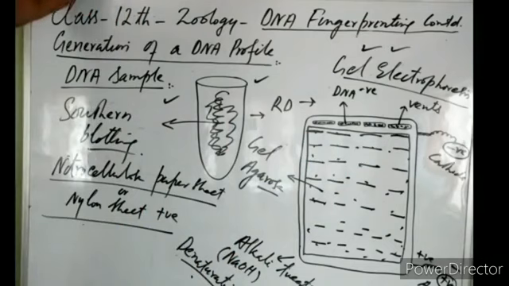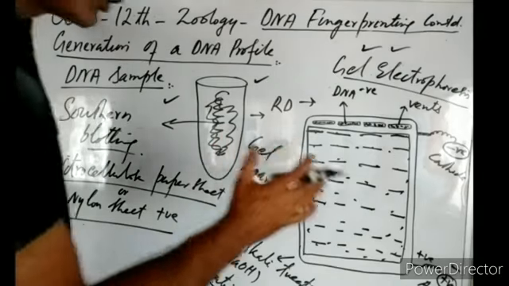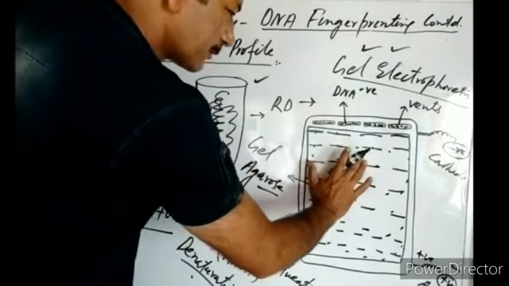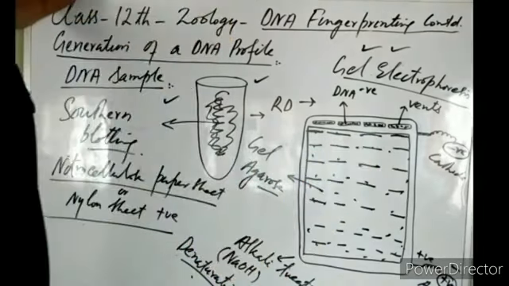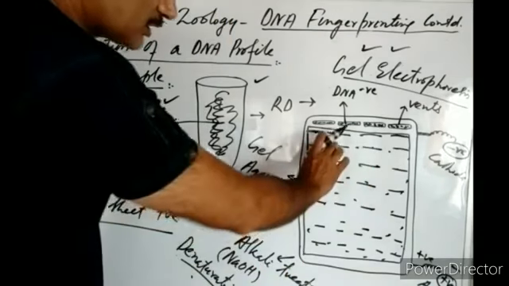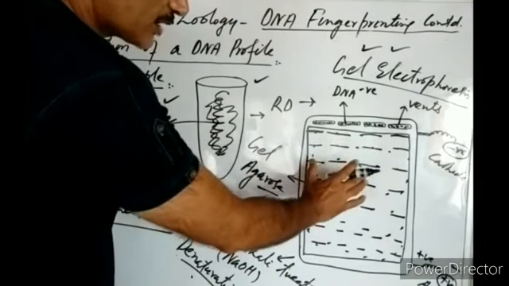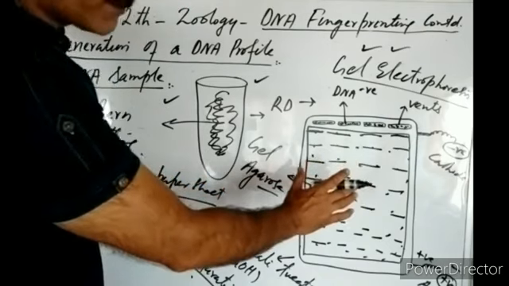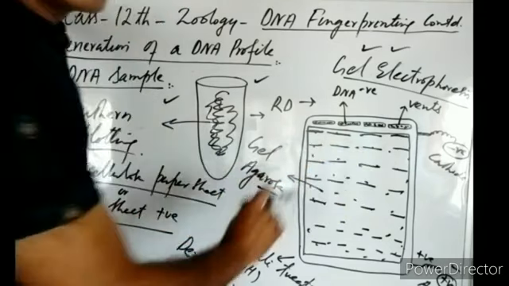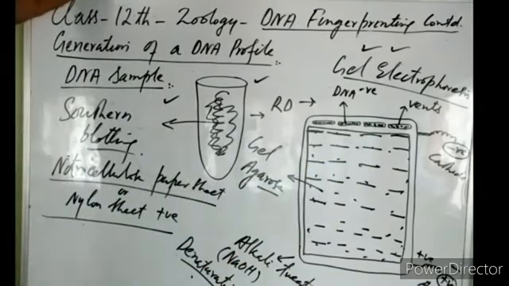Do you follow me? What is the basic principle of this technique? They make the nitrocellulose paper positively charged. DNA itself is negatively charged, right? So when they put this positively charged nitrocellulose paper over the DNA, which is negatively charged, this negatively charged DNA gets attracted to the positively charged nitrocellulose paper, and it gets fixed to it.